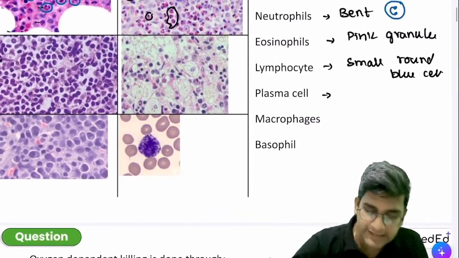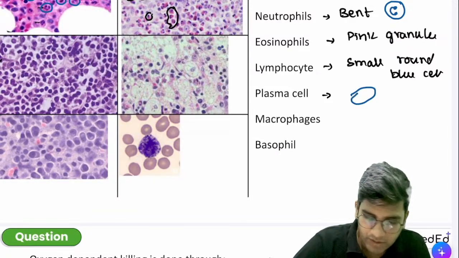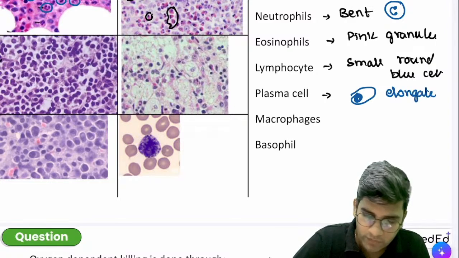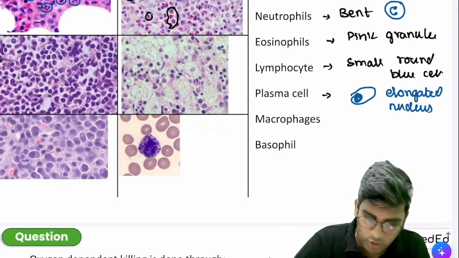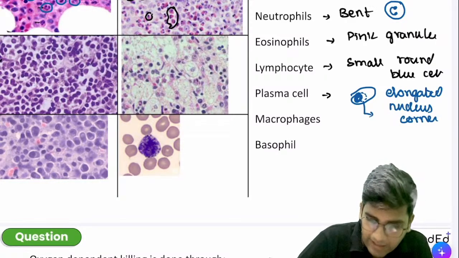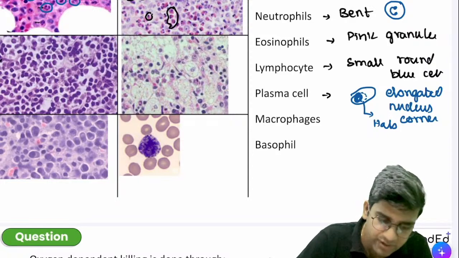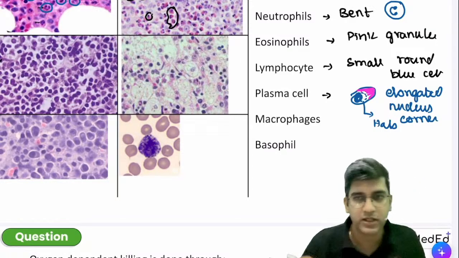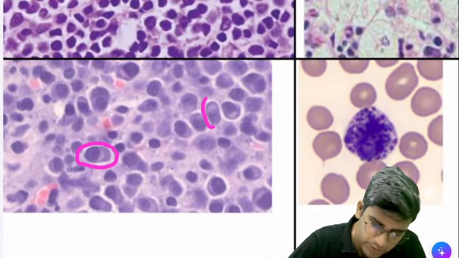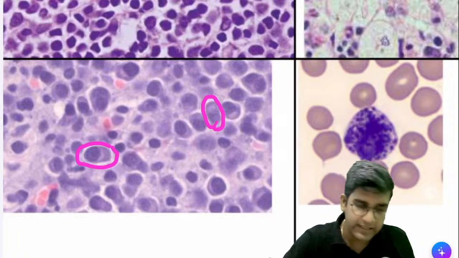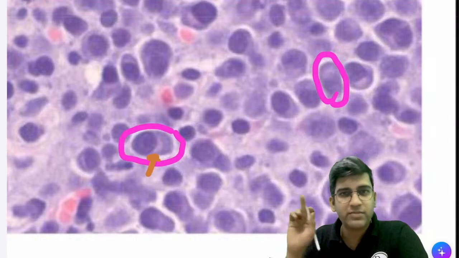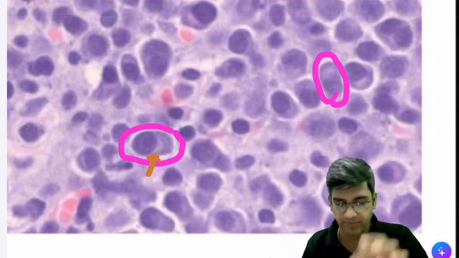So the plasma cell is an elongated cell with a nucleus in the corner, right? It'll be an elongated cell where the nucleus will be in the corner, and surrounding the nucleus, it has a very faint halo. There'll be a halo surrounding the nucleus and it'll have pink cytoplasm. That's how the plasma cell looks like. Okay, I'll just show you a plasma cell, right? A cell which is elongated, a cell which is oval, nucleus towards the corner, right? And I'm sure you must have seen a tiny bit of halo, not a very clear wide space, but definitely close to the nucleus. That's how a plasma cell looks like, fine?